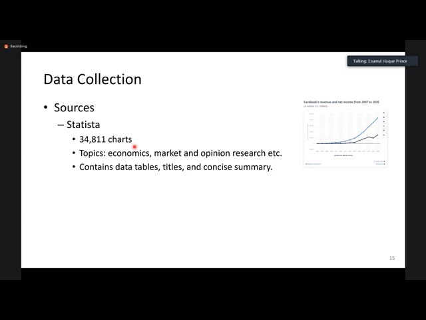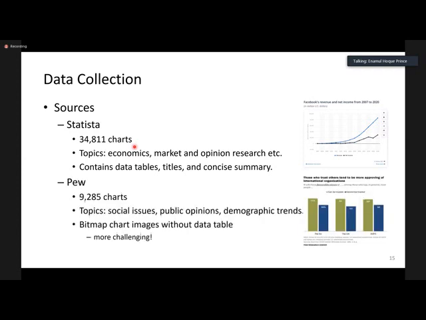Pew is a research institute which regularly publishes information about various social issues, demographic trends, and so on. One key difference between the Statista and Pew datasets is that in the case of Pew, there was no data table for the given chart, which means that we had to automatically understand the base of the chart, which is a kind of computer vision problem because the chart is in image form.